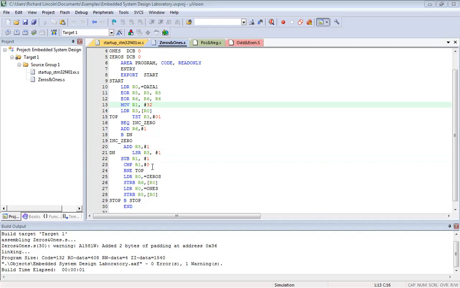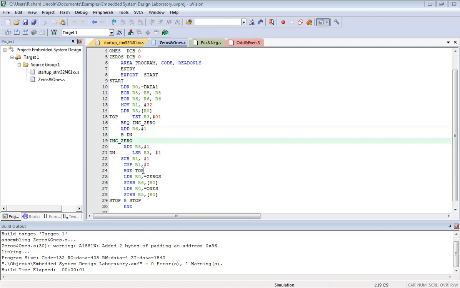Now I'm going to compare R1 to 0. Why am I comparing? So that I will know if this checking is over or not. If the branch is not equal, which means the number is not finished for comparison, then again it will go to the loop called top. It will come again, testing, it will check the zero flag, and either it will increment zeros, or it will increment ones here.